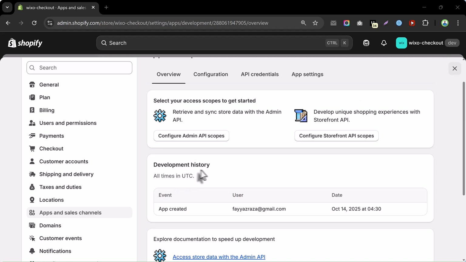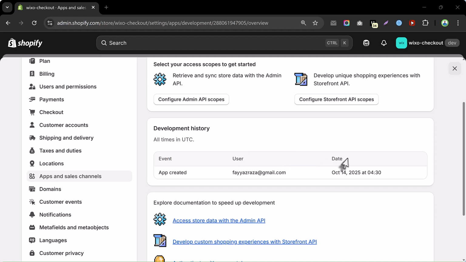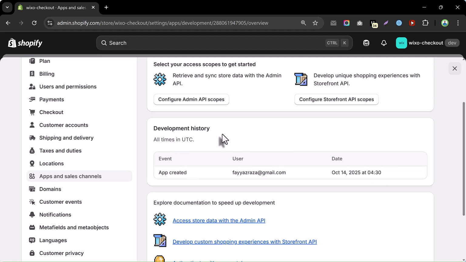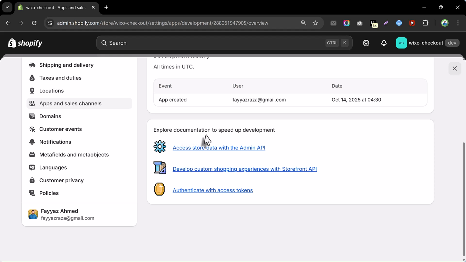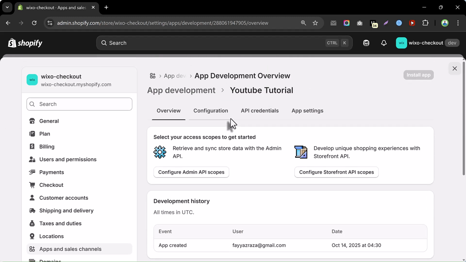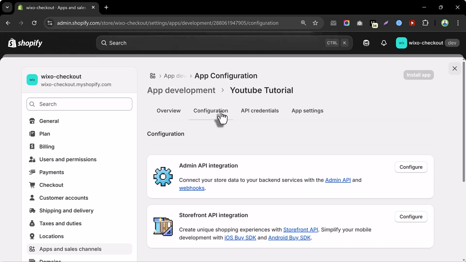and you will see the development history and event, user, and date, what happened to this app. And then you can explore documentation to speed up the development, like access store data with the admin API, develop custom shopping experience with storefront API, authenticate with access token. So you can go to the configuration,